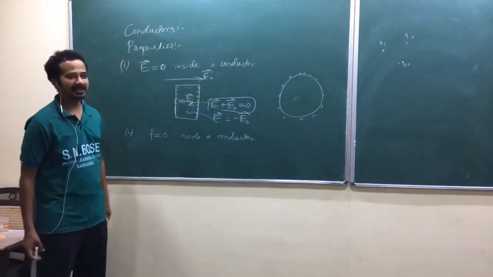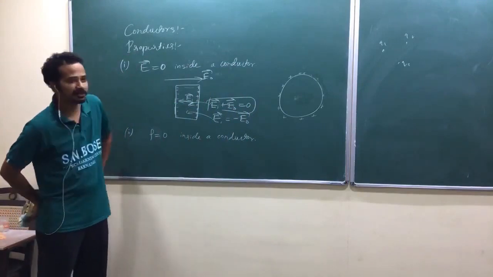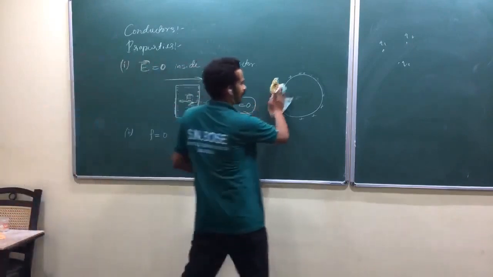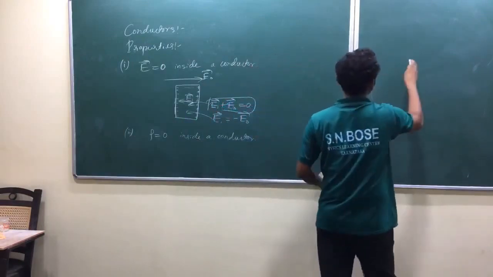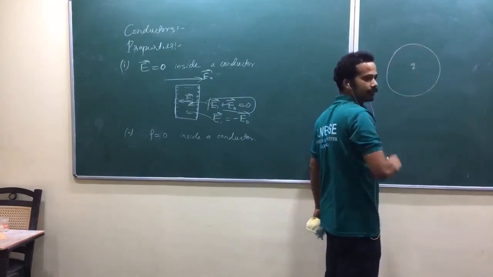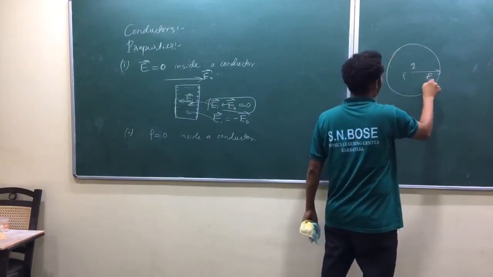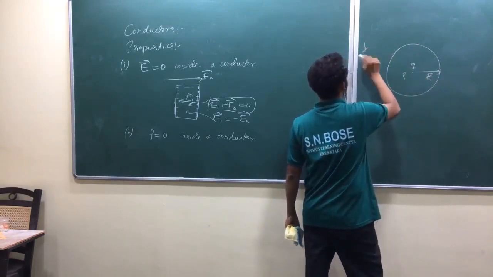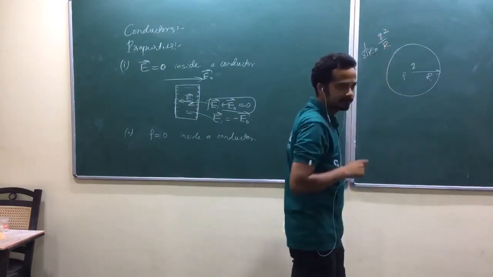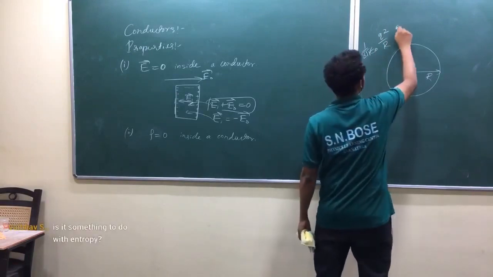Okay, it's very difficult. It is becoming philosophical now. Why least energy? Why will it try to go to least energy? Again, wait a second. Do you remember we have calculated the electrostatic energy due to total charge, which is uniformly distributed within the region of a sphere of radius capital R? Do you remember what it is? 1 by 8 pi epsilon naught q square by R. No, 6 by 5 multiplied.